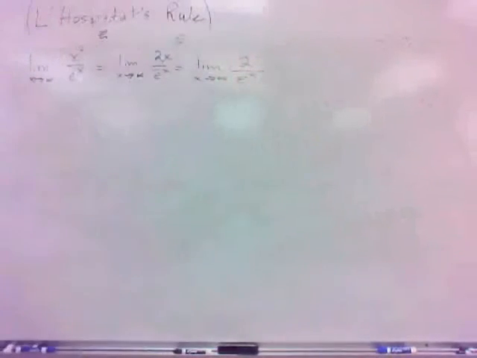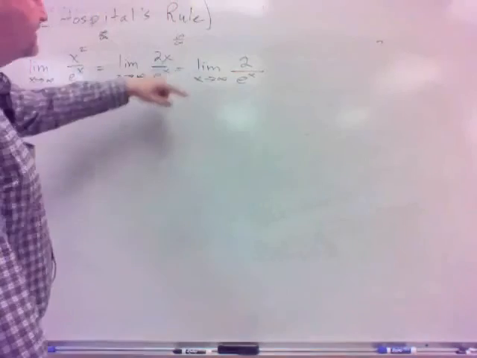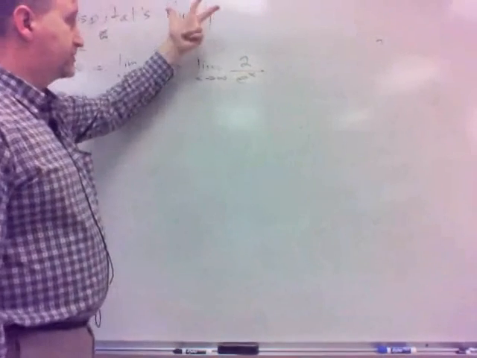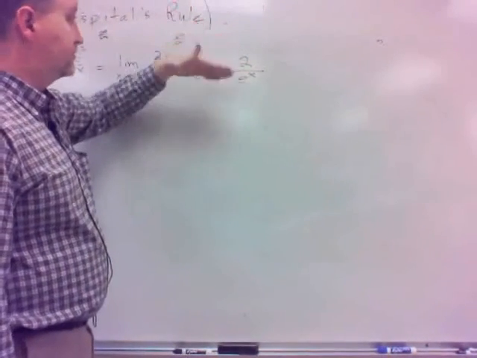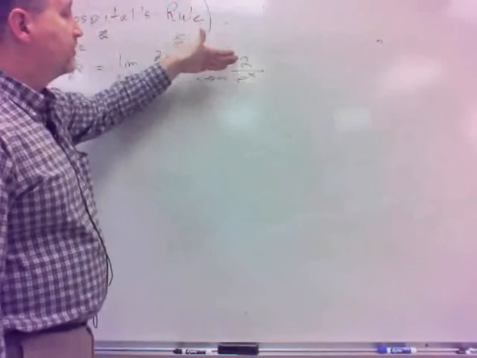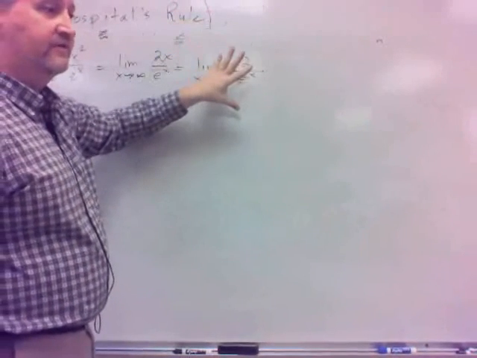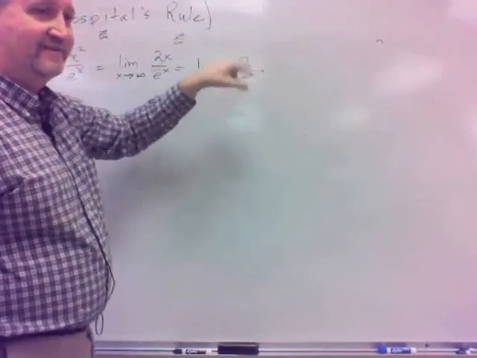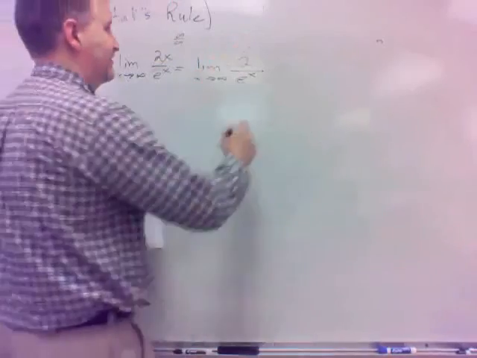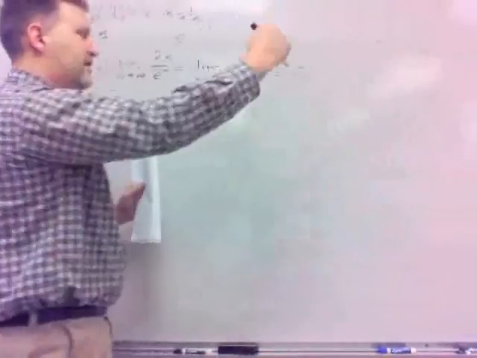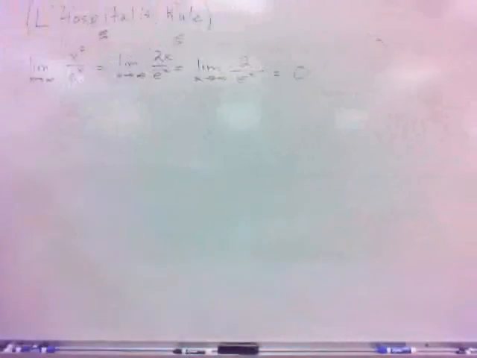So now I have 2 divided by e to the x, as x goes to infinity. What about that? Let's think about that. The top is going to 2, so it's not infinity over infinity again, but it's 2 over infinity. It's 2 divided by something that's getting bigger and bigger and bigger. What's that going to go to? 0, isn't it? Yeah, if you have a number divided by something going to infinity, that's always